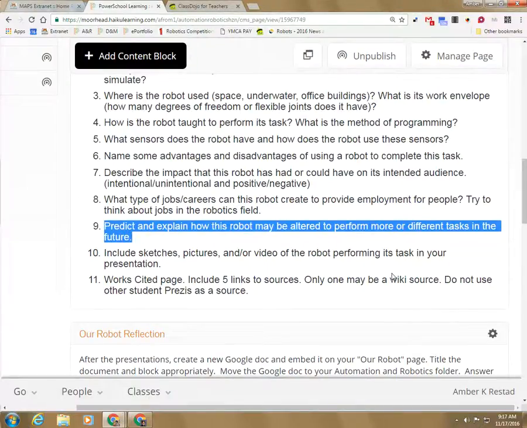Let's see, number 9, predict and explain how this robot may be altered to perform more different tasks in the future. The Roomba might be modified in the future to be a mopper. It could have water and mop the floors also. Maybe that's a prediction you have for your robot. Not saying necessarily do the Roomba, but